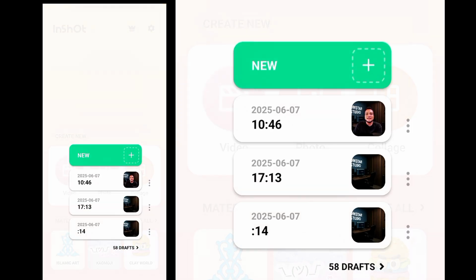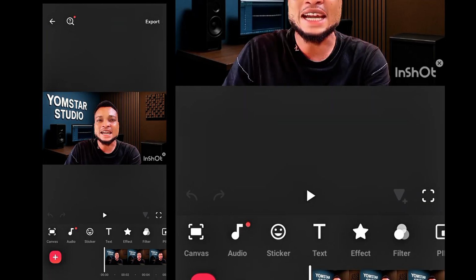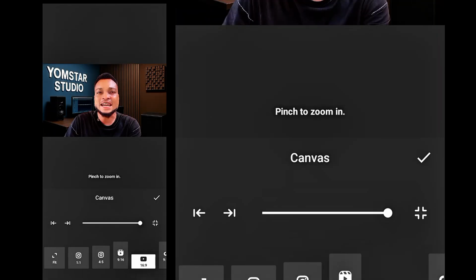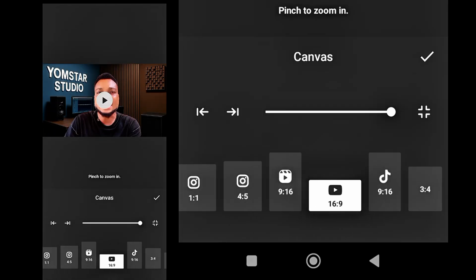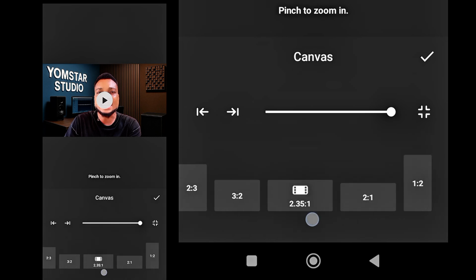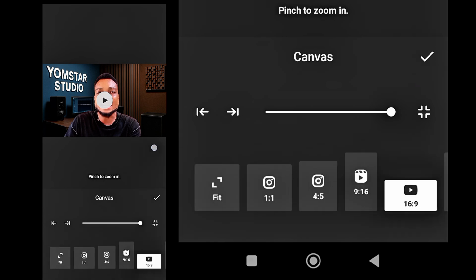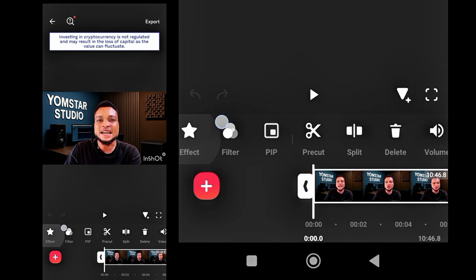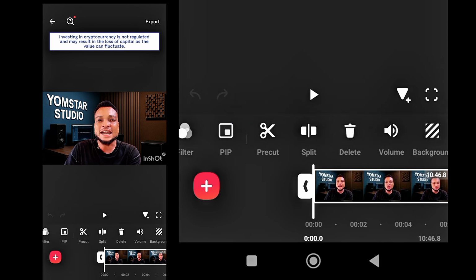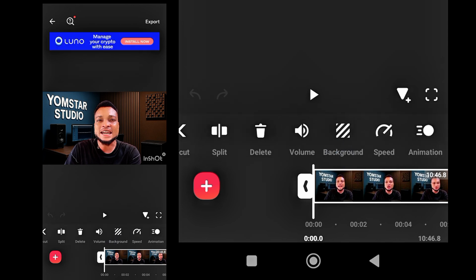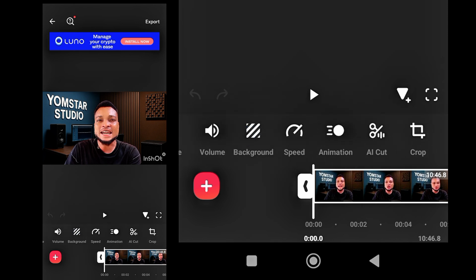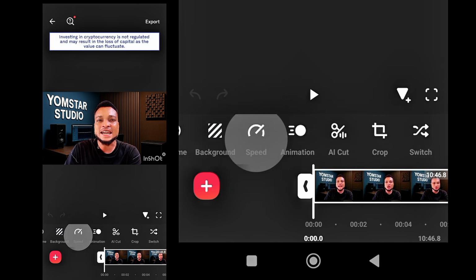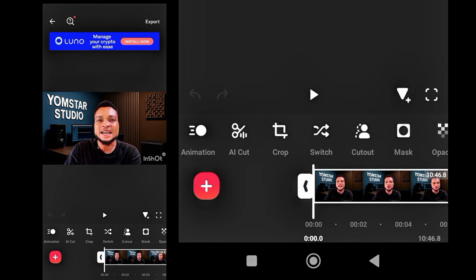So if you click on your video here and bring your video inside, you can see that you have very amazing features down here. You have your canvas, where you can select different formats, from YouTube to TikTok to Facebook and all that. You have your audio, stickers, text, effects, and picture in picture, that is overlays. You have pre-cut, you can split, delete, add volume, add background, change speed, reduce or increase it,